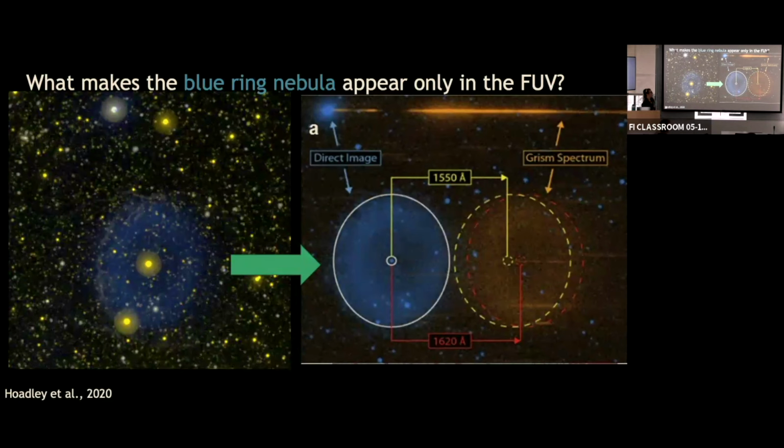And the orange is the grism, or the spectra of our nebula and the other stars in the field. Because it's a slitless spectrograph, we don't have a really nice resolved spectrum of this thing. It just kind of smears out. But what we do notice is that our emission of the spectrum really starts to kick in at around 1600